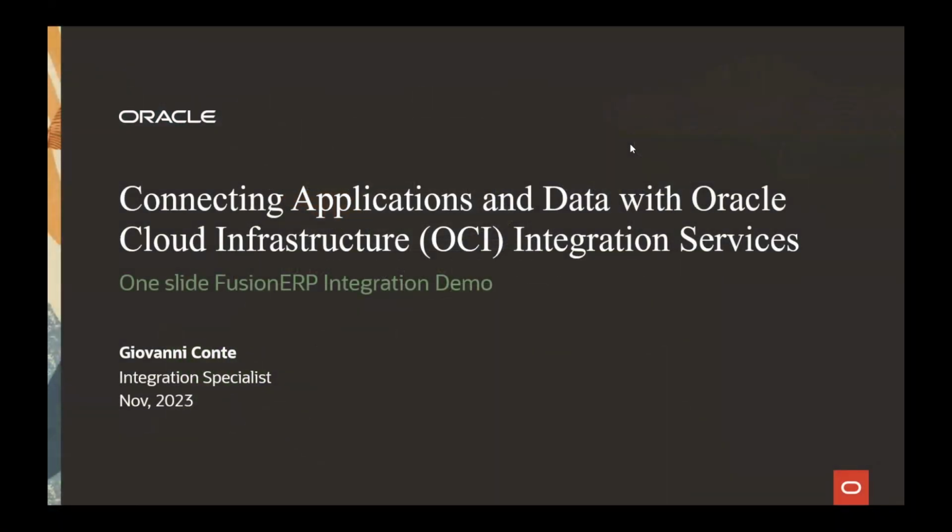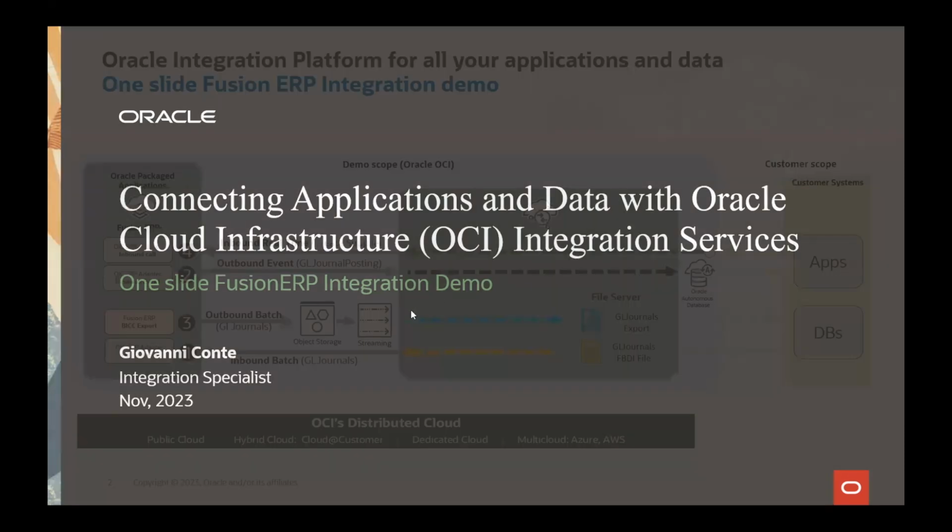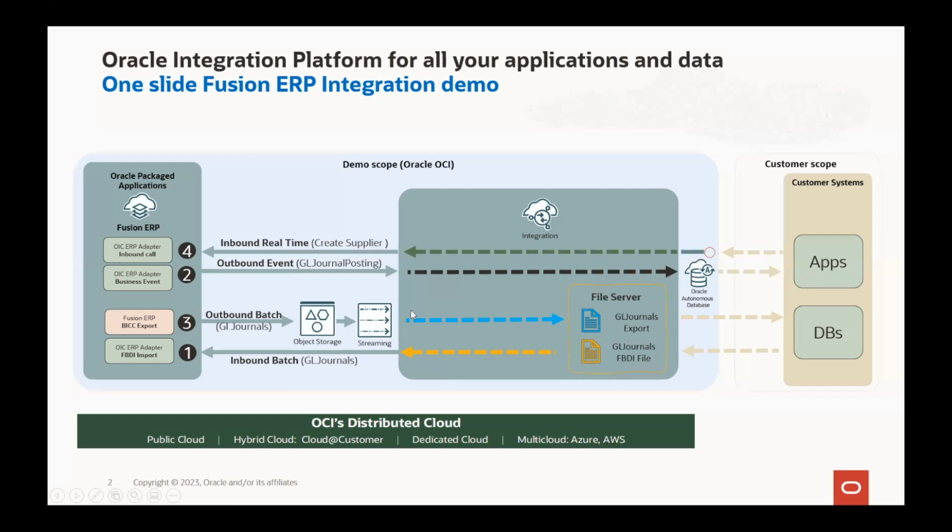Hello, in this video I will show you how to integrate with the Oracle Fusion ERP through Oracle Integration Cloud. We will see the four main interaction patterns, which are inbound batch, outbound batch, inbound real-time, and outbound event. So we will start exactly in the order of these numbers in order to see all the different integration